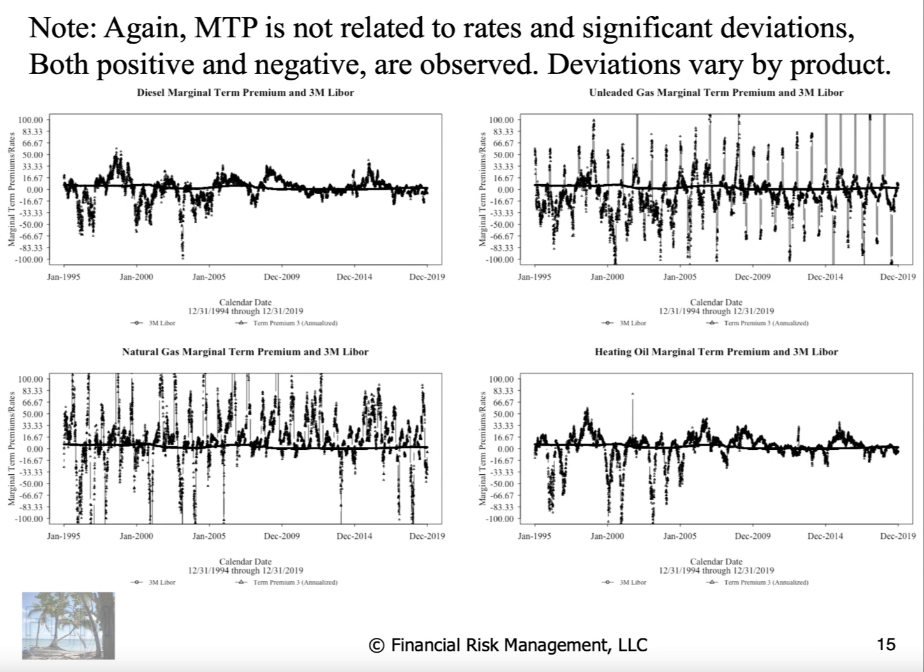Diesel behaves somewhat like Brent and West Texas Intermediate. Unleaded gasoline is a classic illustration of seasonality. And natural gas has the same sort of seasonality, but the behavior is a little bit different. Gas is in high demand in the winter. Unleaded gas is in high demand in the summer. There is an interesting anecdote with natural gas for which I don't have an answer.